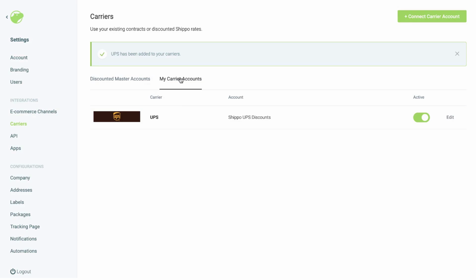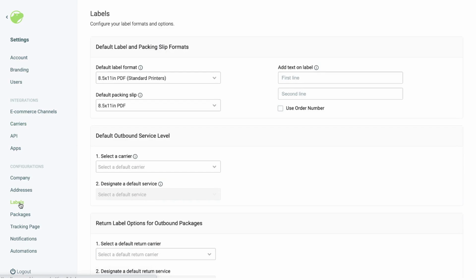Next thing we're going to want to do is make sure our label settings are all correct. So if we go under configurations and click on labels, we're going to see our label setting right there on the top. So by default, we're actually going to set our labels to an 8.5 by 11 inch PDF, which is a standard sheet of paper. It's going to print on half of that sheet. So if you have a normal printer that you'd find in your home or an office, that's what you're going